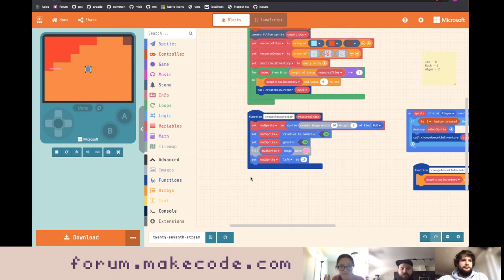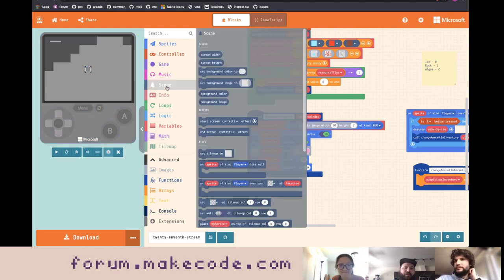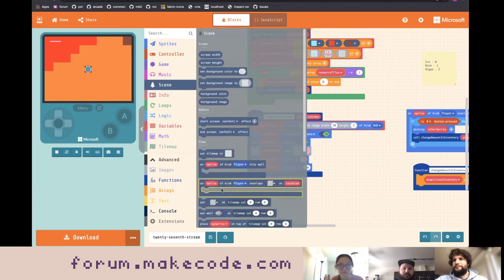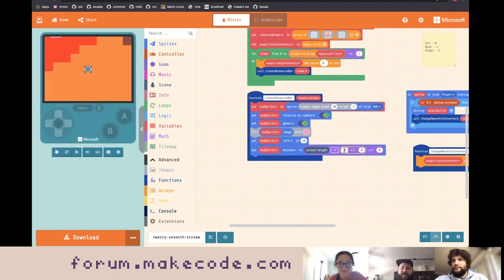So it's right there. And then I want to set the bottom of the resource sprite. And I'm going to do some math here. Inside of the scene category, we can get a reference to the screen width or screen height, from the very top. Drag this out. So I'm going to do the screen height minus, plus, and a times. And I want to set the bottom to be the screen height minus the resource index times some number, which is just going to be how much